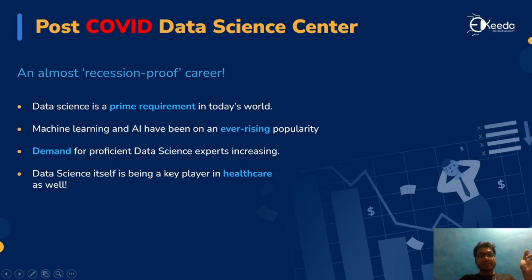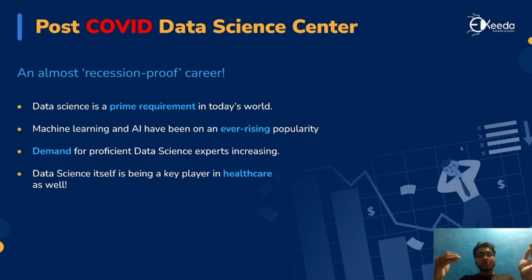Data science itself is a key player in healthcare as well. Healthcare is not that matured in India as compared to the US, but nowadays in India also they are using data science to improve healthcare services. Like you might have seen some apps, like the M Fine app, and some other apps. In the COVID time, many of these healthcare apps started services where we could place our finger on the camera and they would tell you SpO2 numbers, that is, your oxygen level. That is a great example of artificial intelligence and data science in the healthcare domain.